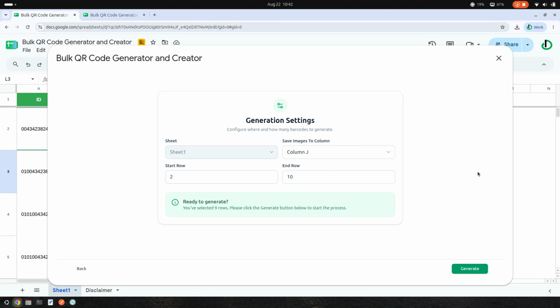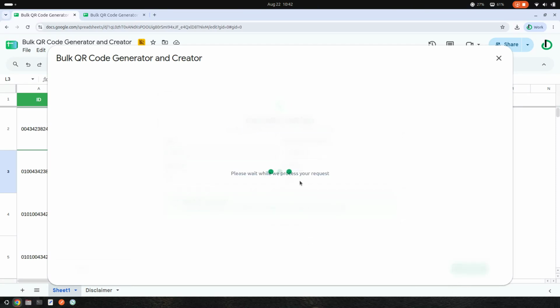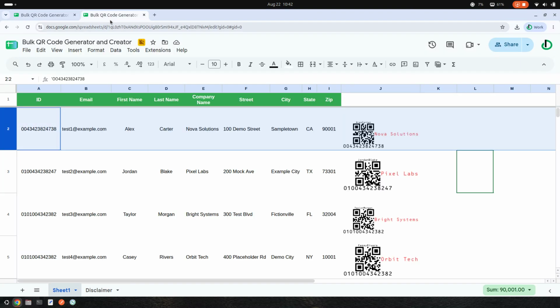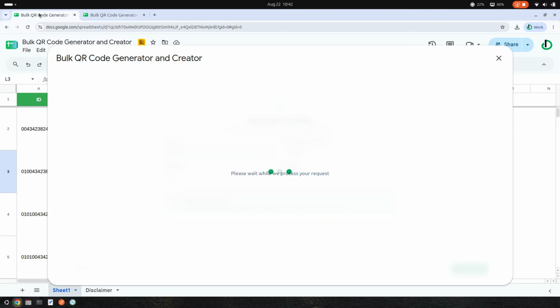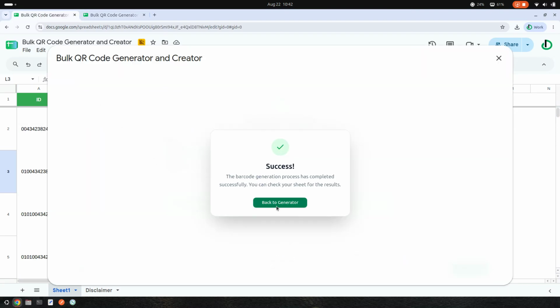The generator processes the selected spreadsheet entries together, creating customized QR codes for each row based on your configuration. The resulting images are inserted directly into the specified target column, and the spreadsheet automatically adjusts the row heights. Once the batch generation is complete, the custom